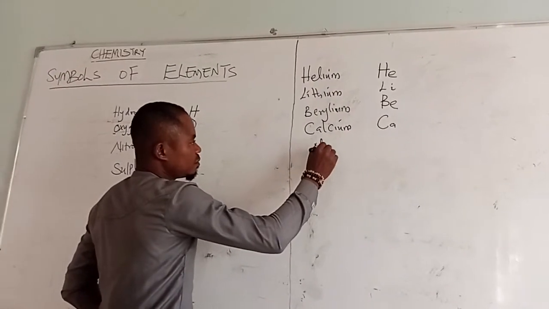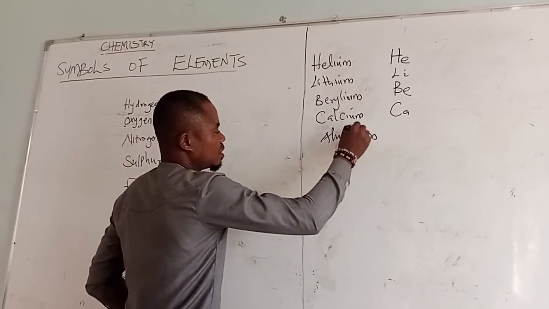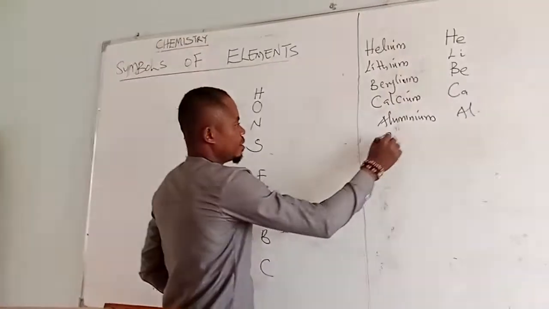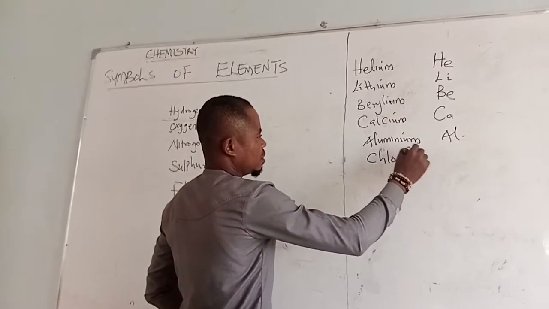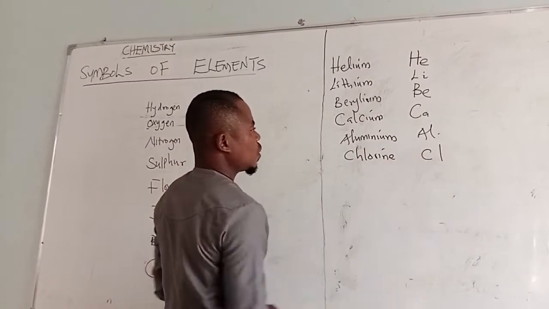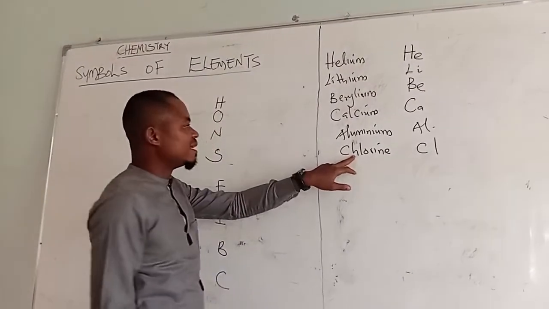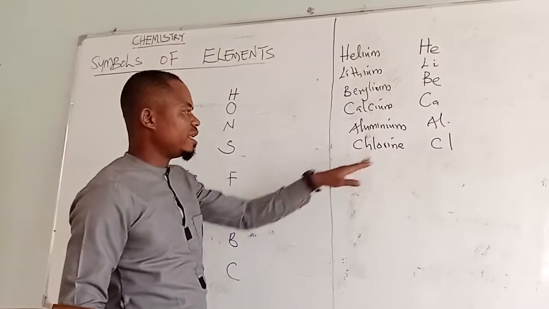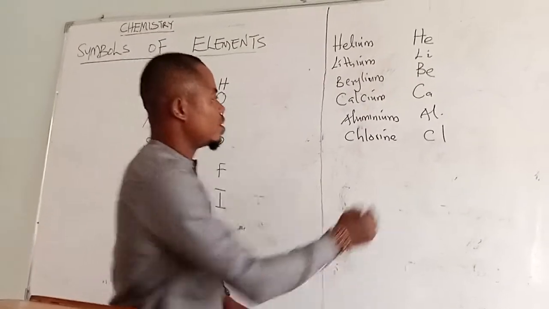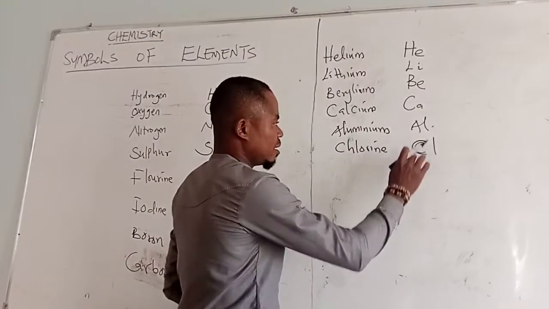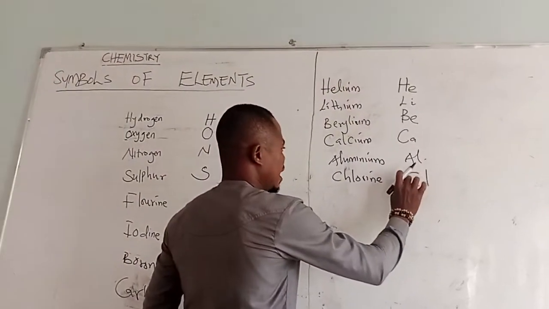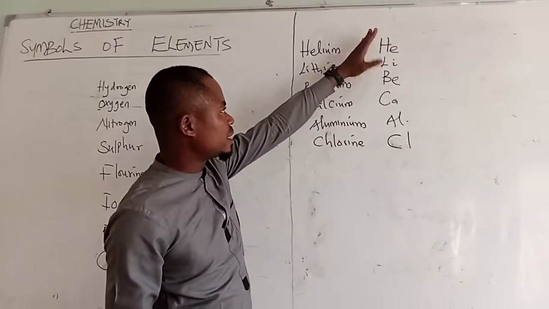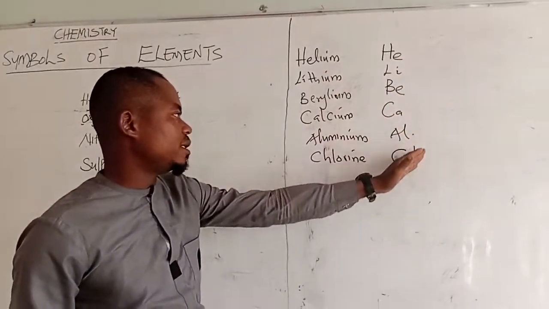We have aluminium, represented as Al. We also have chlorine, written as Cl. So it's not in all cases that you have to pick the next alphabet. It can be any of the alphabet, as the case may be. Like in chlorine, C is written in capital letter, while the L is in small letter. The first letter is always in capital letter, while the second letters are always written in